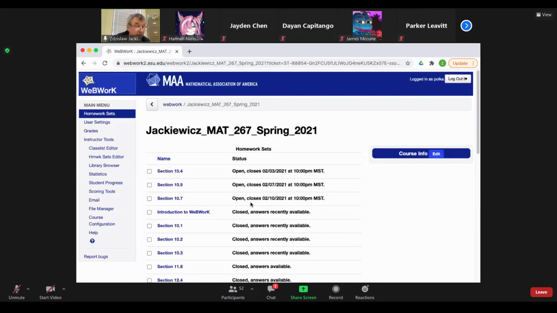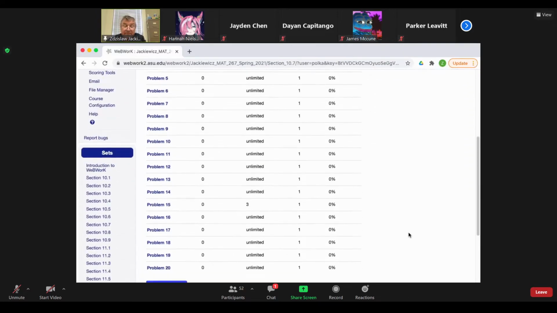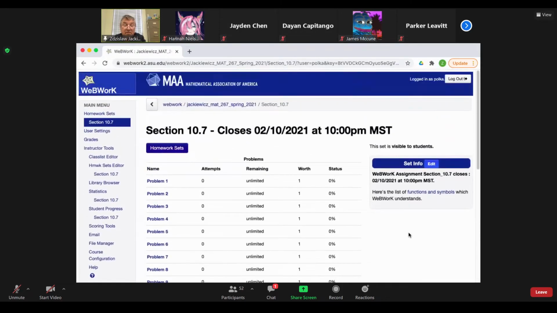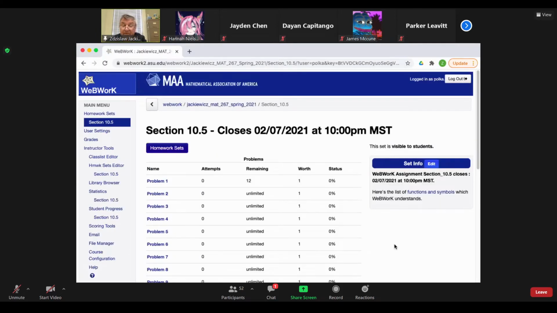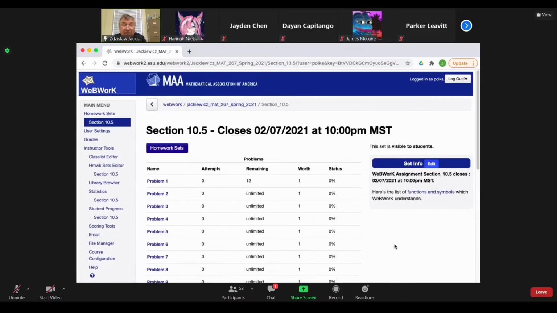So let's look at 10.7. Now there's a lot of problems, okay? Maybe let's see, did we check 10.5? Maybe I still wanted to first look at 10.5. Yeah, 10.7 was today. So let's look at 10.5. So here I think even more, 22 problems, if I remember. Yeah, okay. So you see, 10.5 is still open. You see, it closes on 7. There's a lot of problems, but